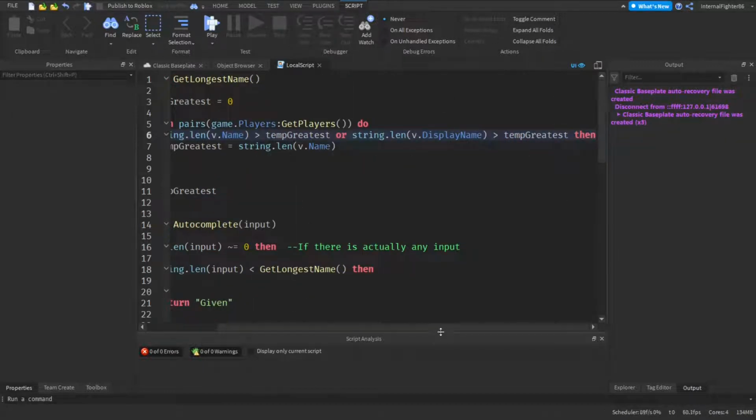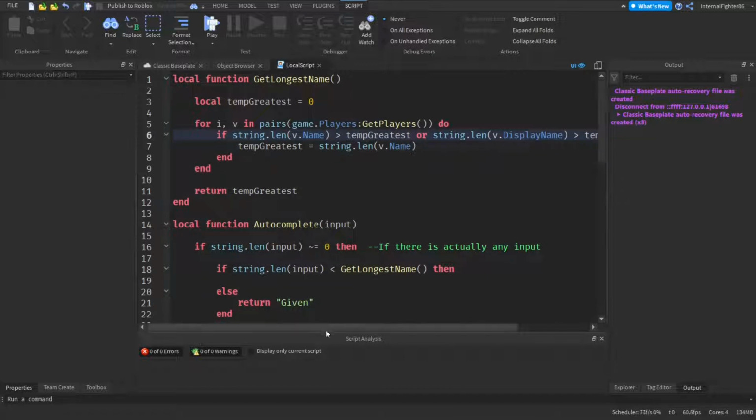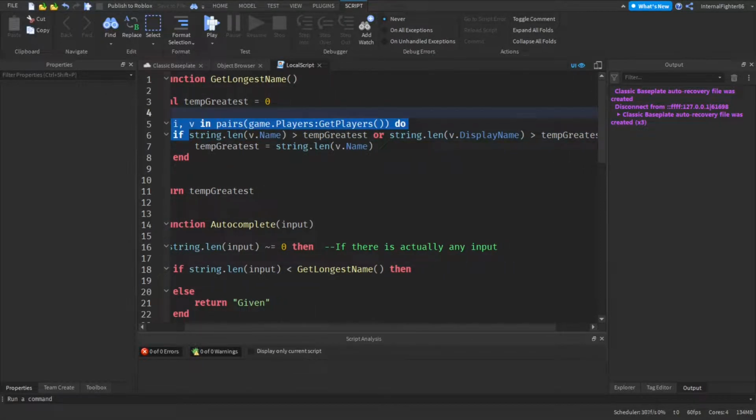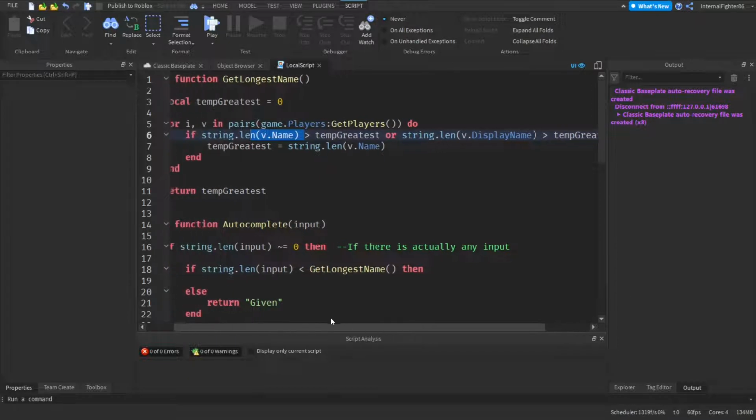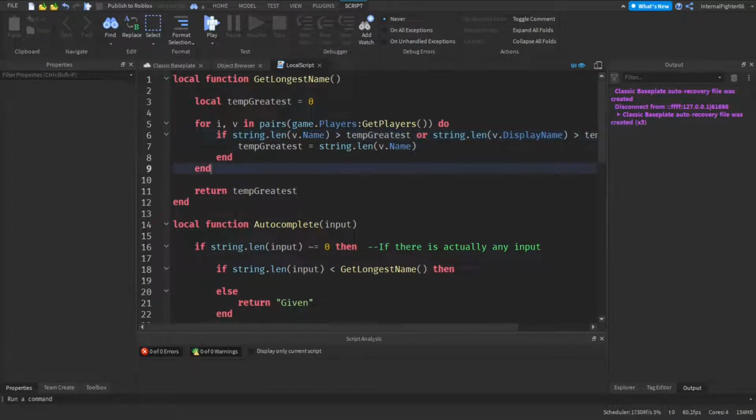What we're adding is just or. So if it satisfies any one of these conditions, whether it's the actual username or the display name, if any of those are longer than the temporary greatest, that is the record like I told before, then the greatest will be